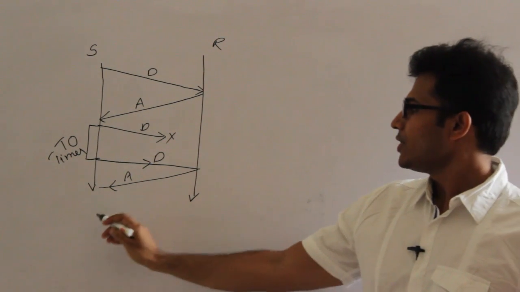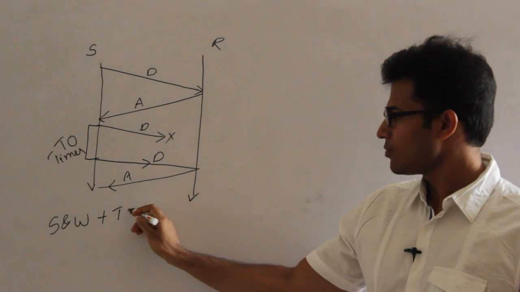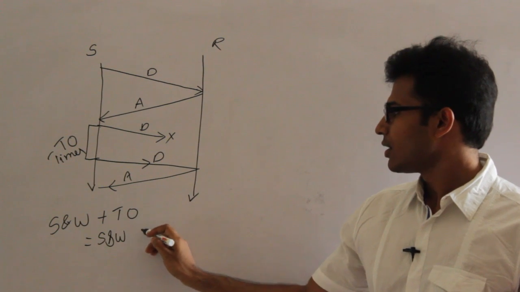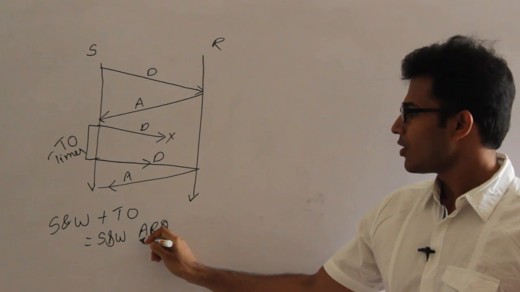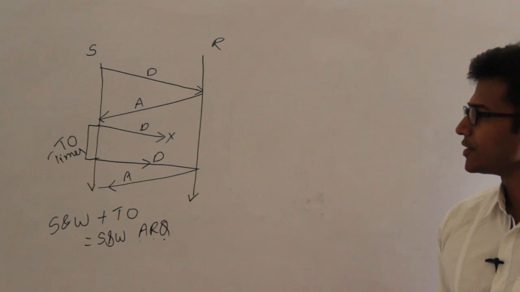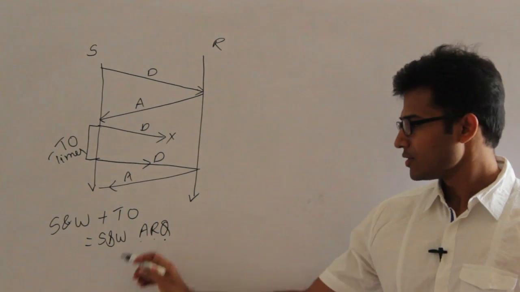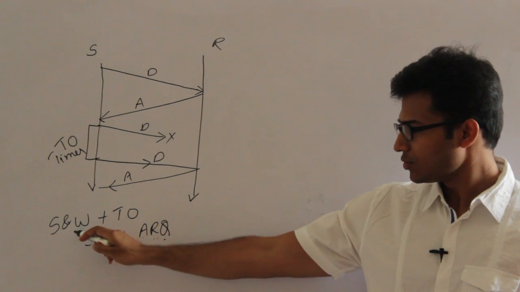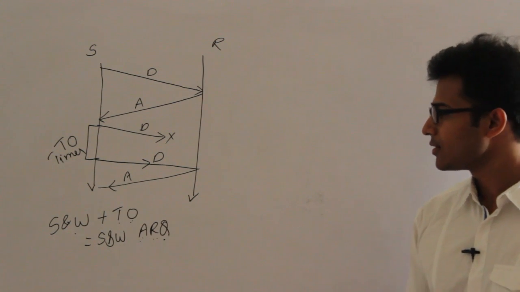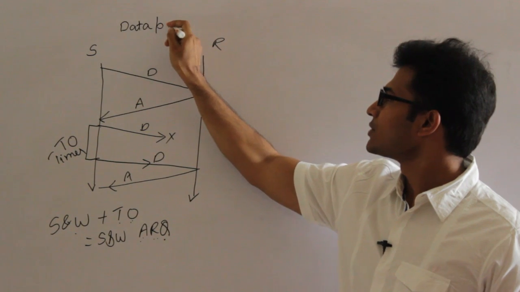Therefore, already we have the stop and wait protocol. To this stop and wait, I am adding the timeout timer. This is also called as stop and wait ARQ, automatic repeat request. Automatic repeat request, the R means request. So automatically, if you don't get the acknowledgement, you are going to repeat it, right? So it is also called automatic repeat request. To stop and wait, we are adding this timeout timer so that we can correct the packet loss. This problem is also called data packet is lost, isn't it?